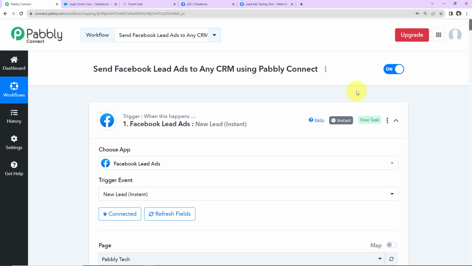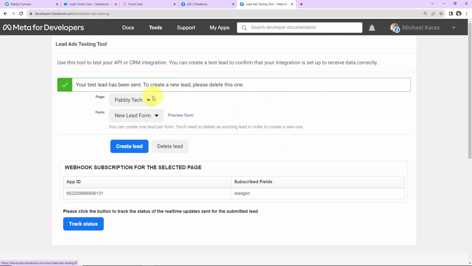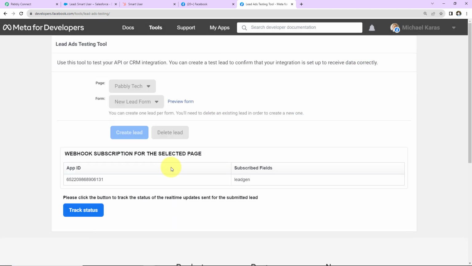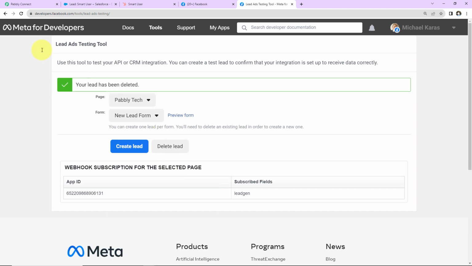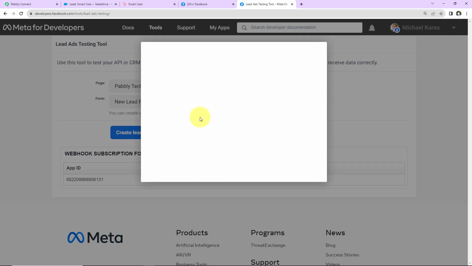Now let's do one thing. Let's check the same in real time. For that, I'm going to take you back to Facebook lead ads. Here I'm going to close this, delete the previous lead, and always remember that once you have deleted the lead, do not forget to refresh the page. Once this is done, here I'm going to check the page once again, click on preview form, and here I'm